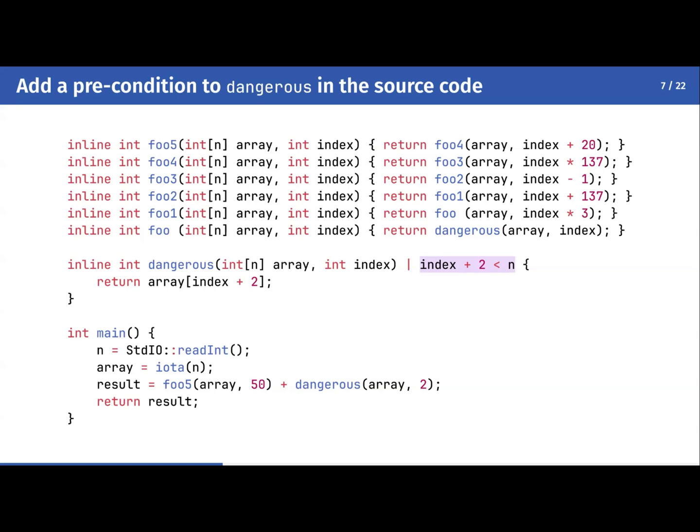Here we can express this precondition on the dangerous function. It's called a type pattern because we can use the n from the type in conditions, which I personally think is one of the coolest things that Zach has to offer, because you can even use this n in the function body. But that's a different story. So we added this precondition there, and then let's see what the code now generates if we optimize this program